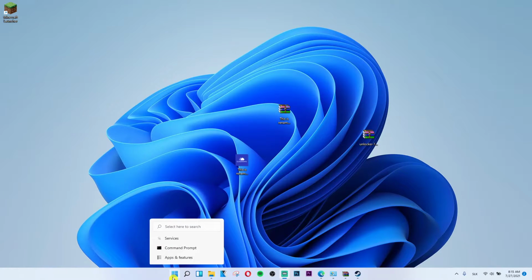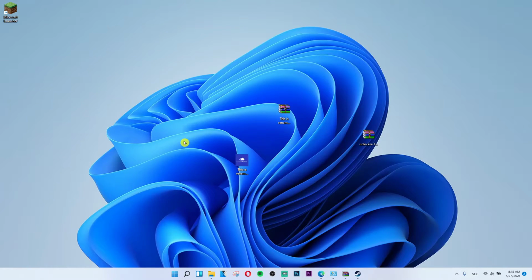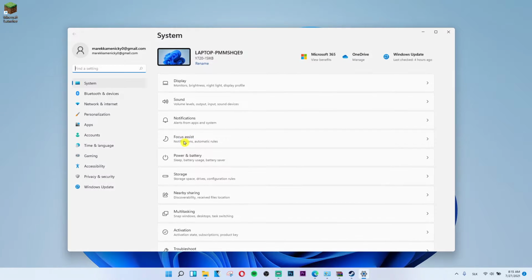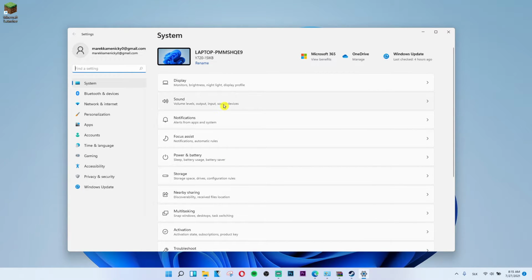So you want to go to the bottom. Next to the search button is going to be Start. Right click on Start, and next to Task Manager you're going to see Settings. Click on Settings. Now when you're here, you want to go under System, and then you want to go to Sound,